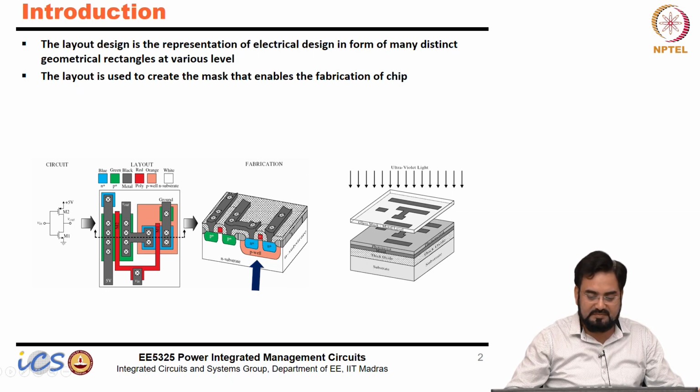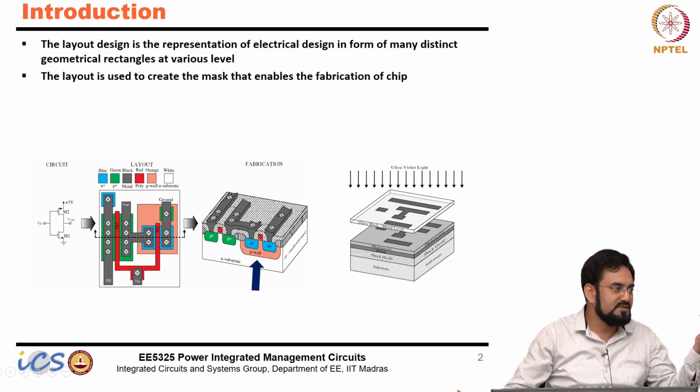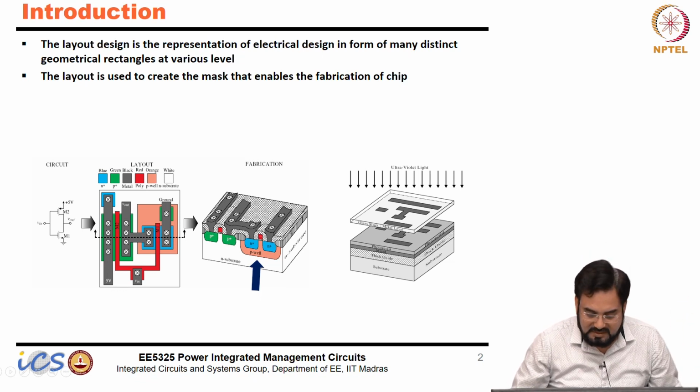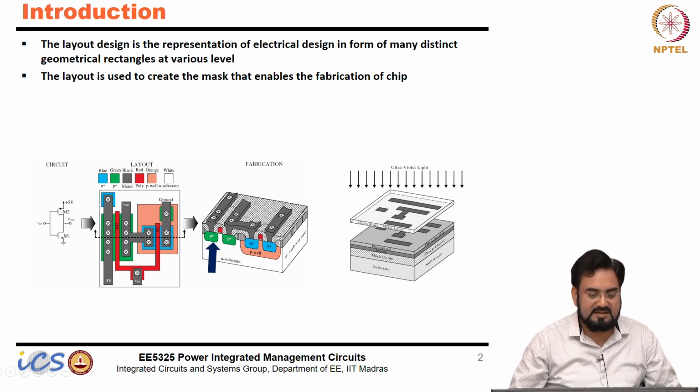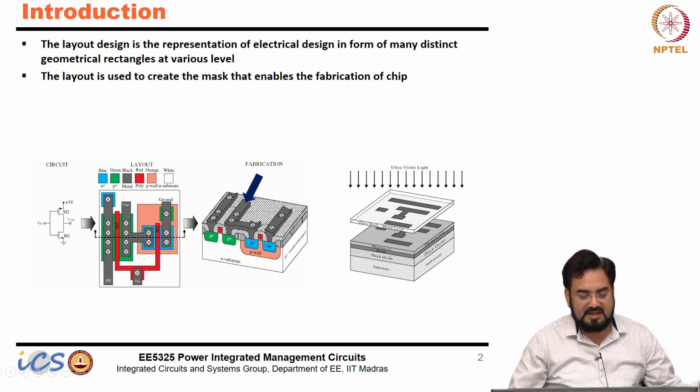Okay, so between poly and the well or substrate, you have thin oxide, because the gate is insulated. That is basically nothing but the gate insulation. Then you have the PMOS device here. So, you grow two P plus regions. One becomes the source, the other becomes the drain, then again the gate, and everything has to be connected to metal with a contact. So, this diffusion you connect with the metal through contacts.